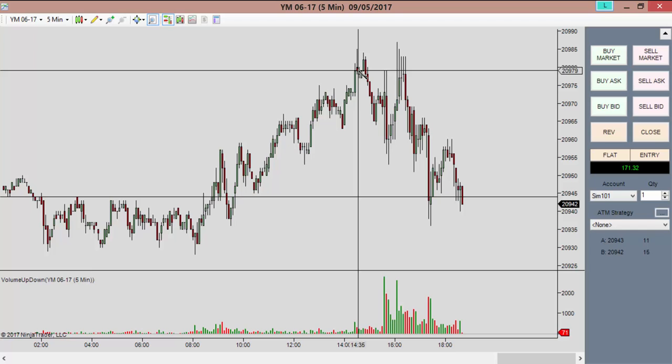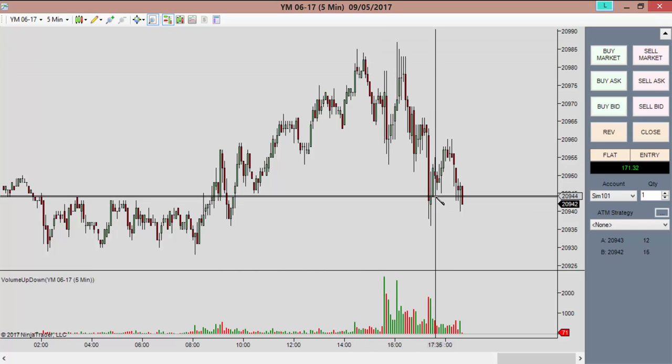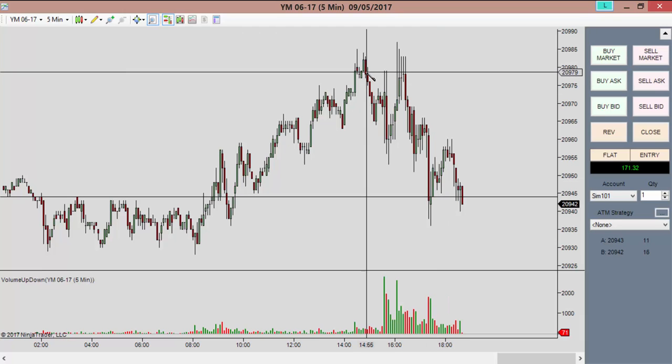So if I had shorted here at 79, my 89 stop would have held and I would have got to 44, and that is a 3.5 hour target. So that's a possibility. But an easier way in terms of the emotional ride, and also a more profitable way,